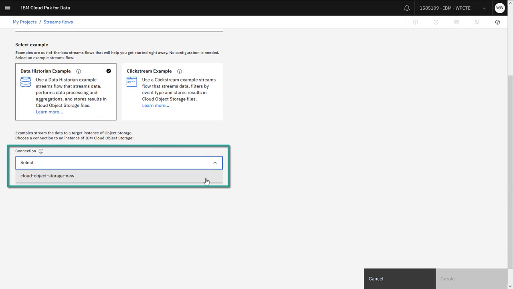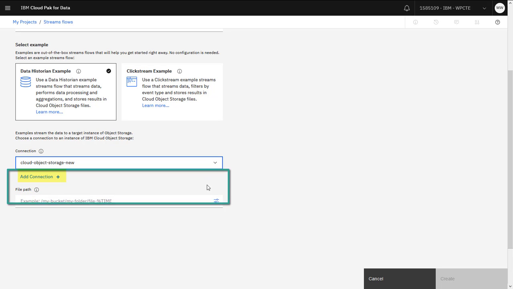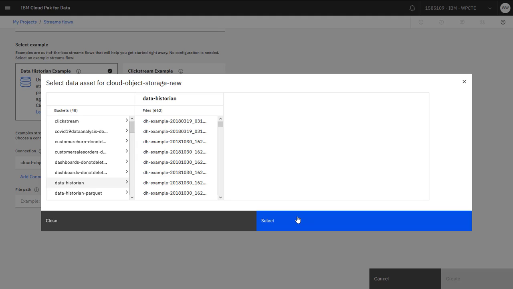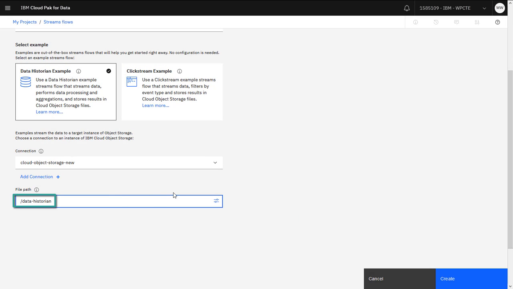Next, select a connection to a Cloud Object Storage or add a new connection. Lastly, specify the file path. You can navigate to select an object storage container, then add the file name to the existing path. In this case, it's